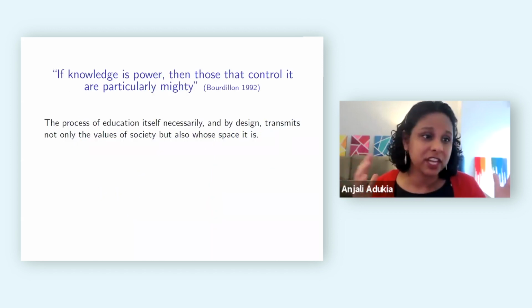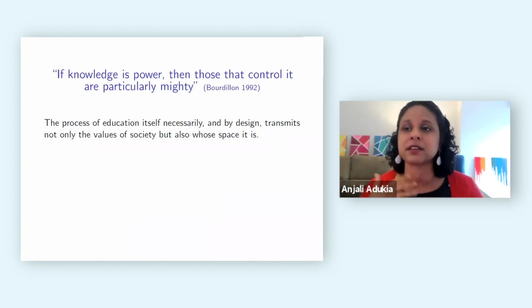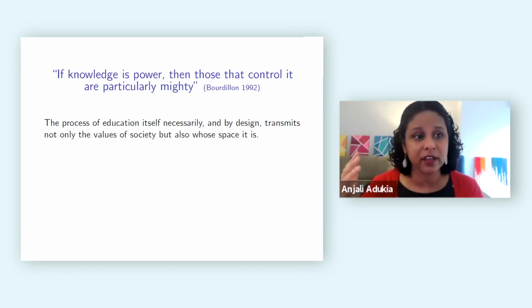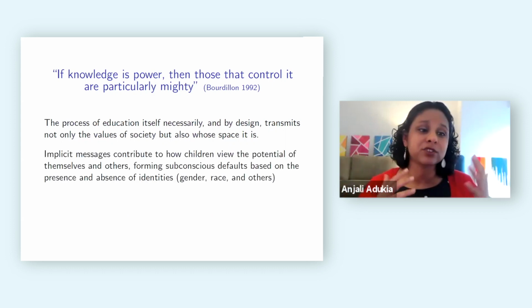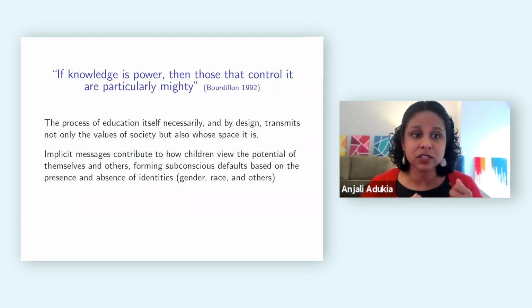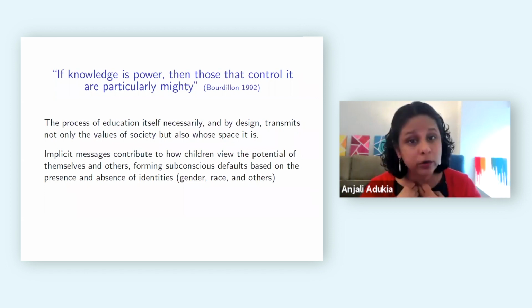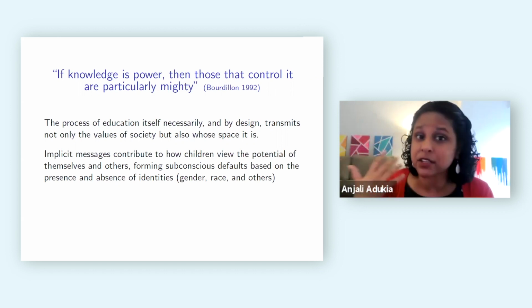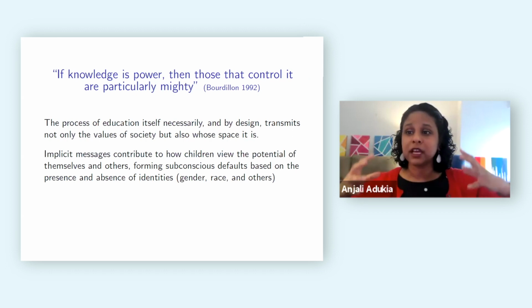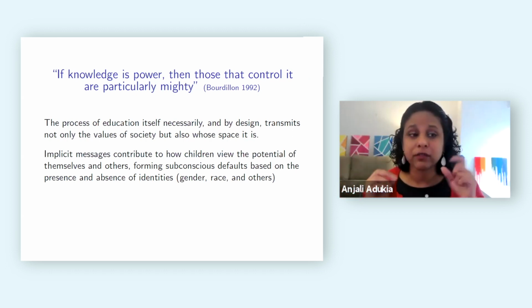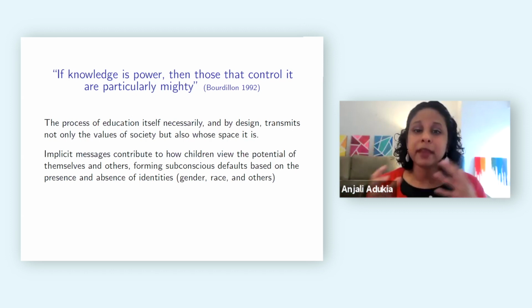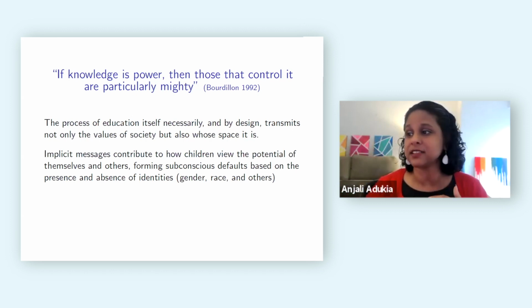So the process of education itself and its associated books and curricular materials necessarily and by design transmits not only the values of society, but also whose space it is. Right? And the inclusion and exclusion of different identities sends messages which can contribute to how children view their own potential and the potential of others. And these messages, whether they're implicit or explicit, contribute to how children not only view the potential of themselves and others, but they can also form subconscious defaults based on the presence and absence of identities, such as gender and